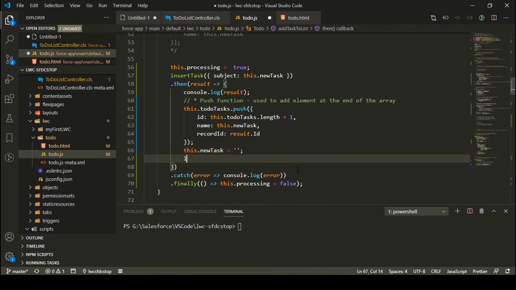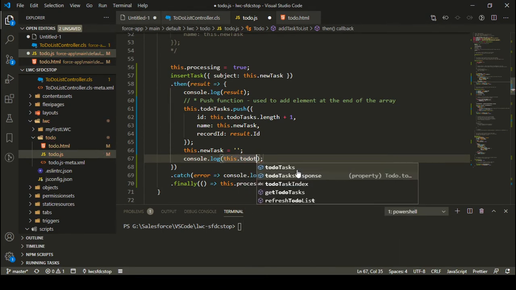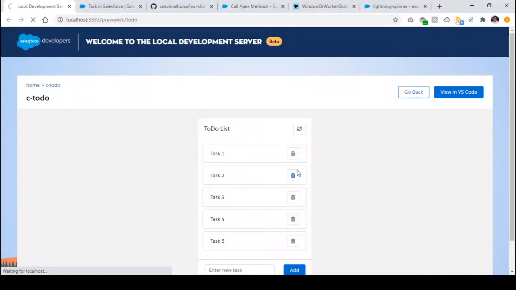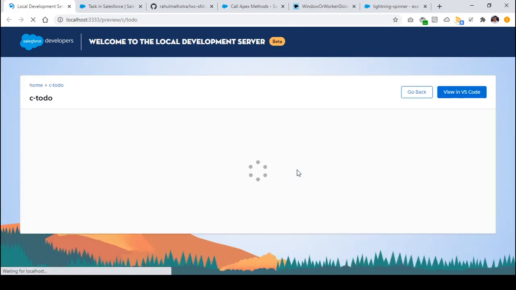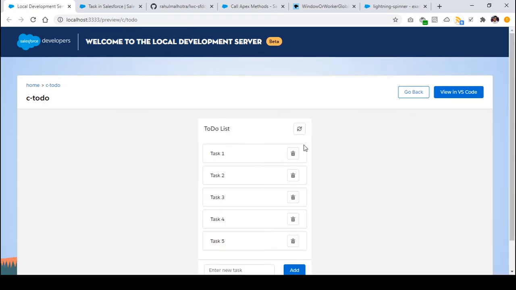To find out, let me just add a console.log whenever I'm inserting a task, and I'll simply log this dot todo tasks, right? Okay, so let's see if it is possible to get duplicate IDs or not. Because in case we are getting duplicate IDs, then it is possible that we won't be deleting the correct task, because it is finding the first task in the list with that particular ID, and it may delete a wrong task, right?